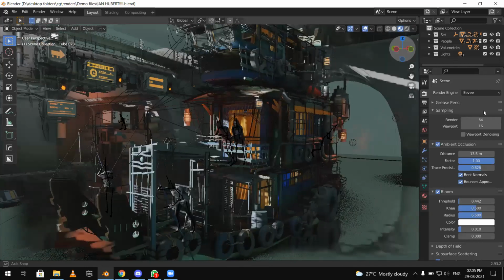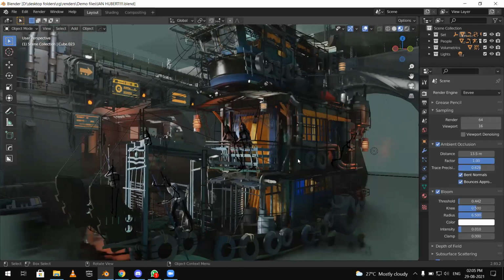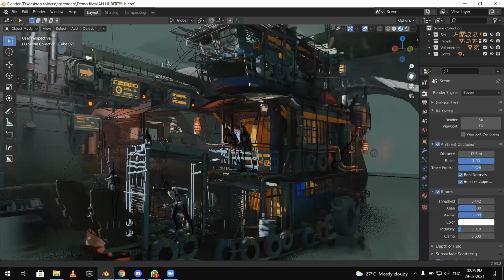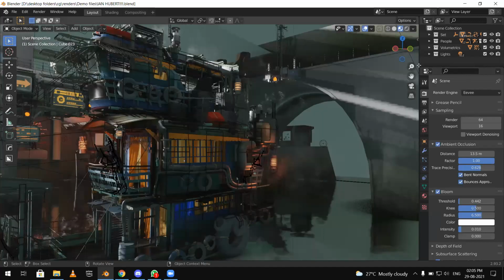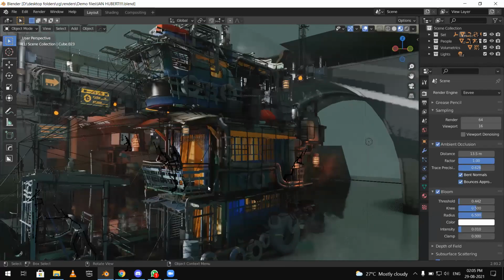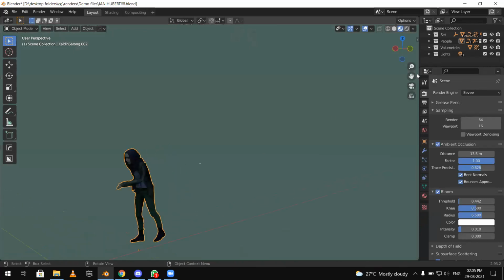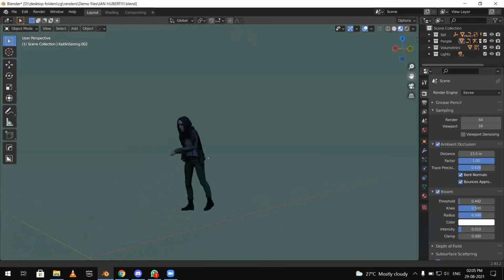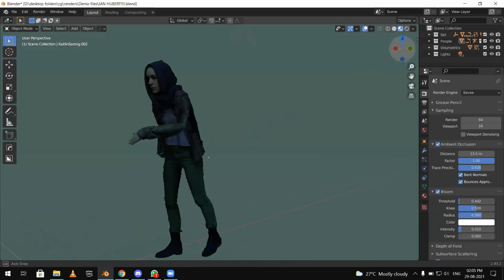As you can see, without ray tracing, he created a very beautiful scenery. This is a concept art of a dystopian city. You see these. It has all different aspects like environment, vehicles, people. By the way, these are all photo scan models. If I hide everything else, if I zoom in on the model of this woman, this is a photo scan model.